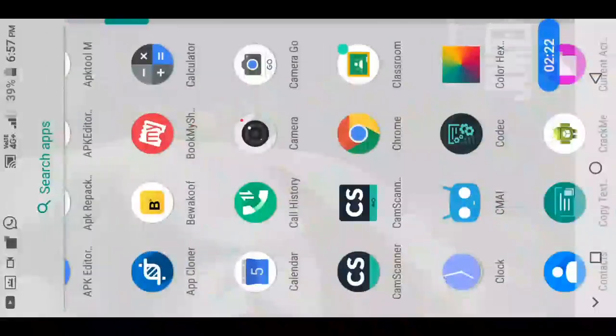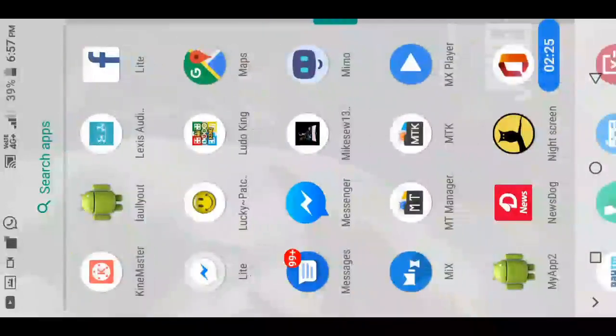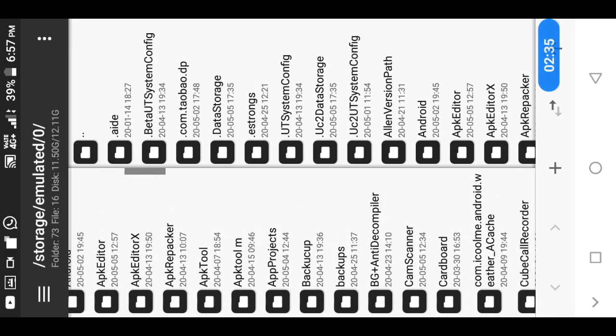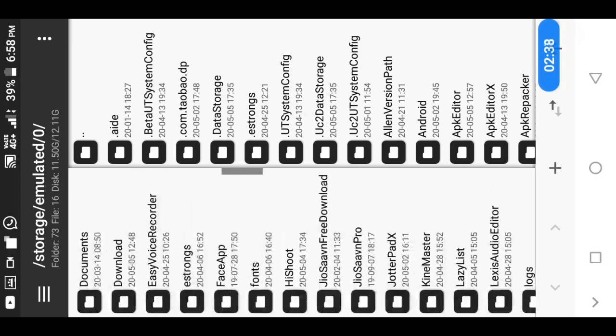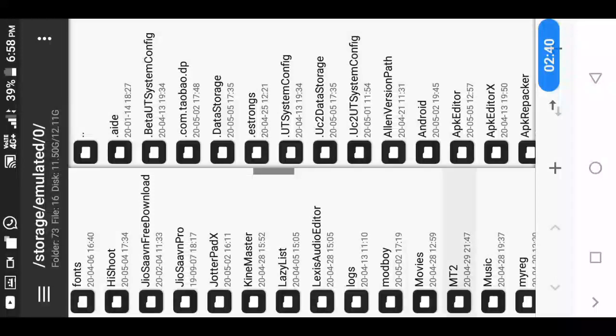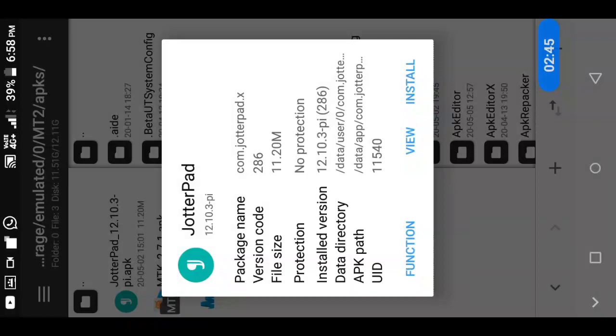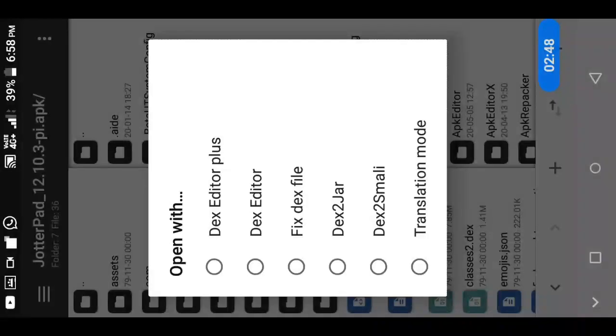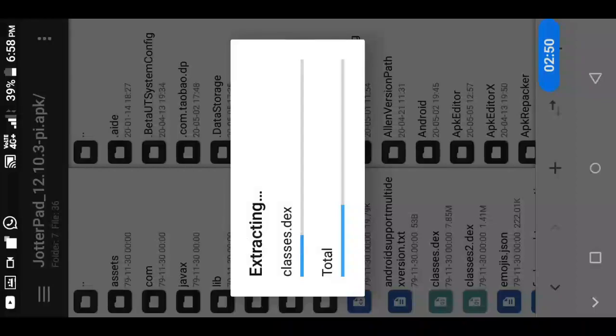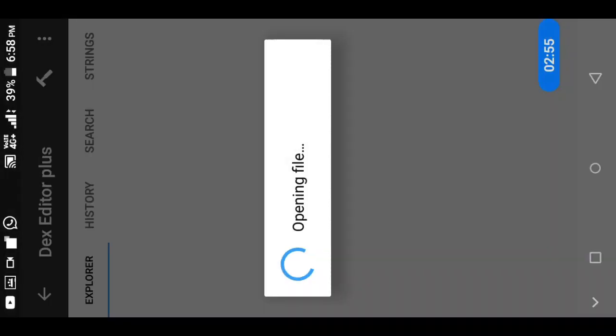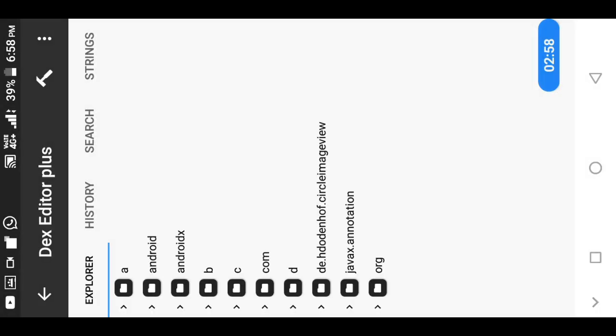Now let's go to MT Manager. I have already backed up the APK, that is the app of Jotterpad. Here you can see it is. Let's click on view. Let's decompile the dex files.